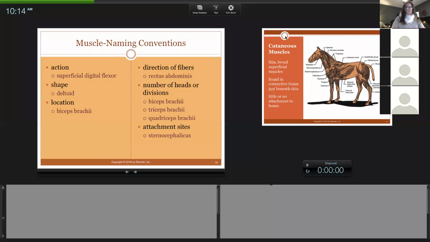Okay, so when we finished on Friday, I'm just picking this back up. I'm going to talk about different muscles now, getting into specific muscles. What you want to pay attention to as I say the names of these muscles is where it fits into our naming convention. Is the action in the name? Is it the shape, the direction of the fibers? How many muscle heads exist? I'll try to point that out as I lecture on the different